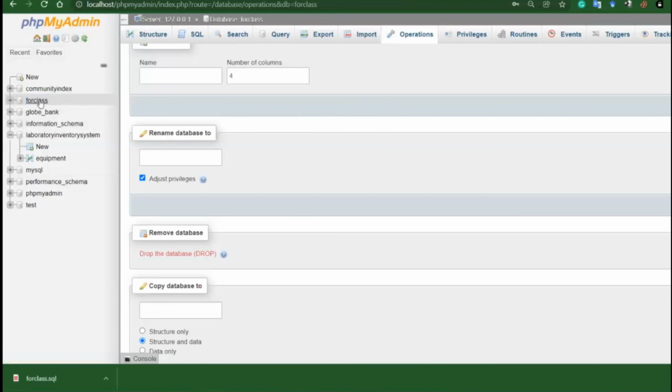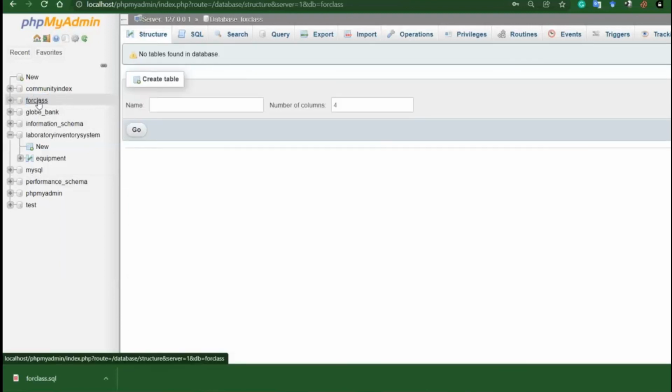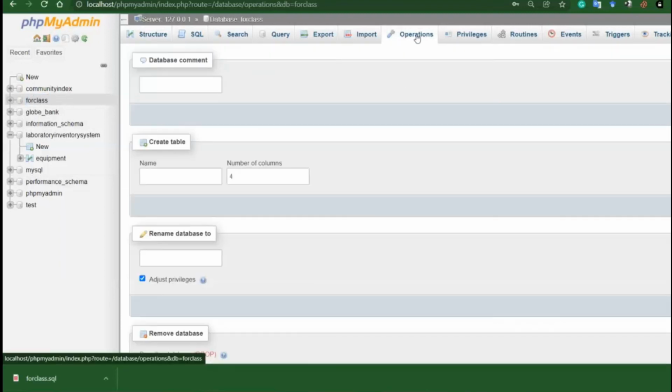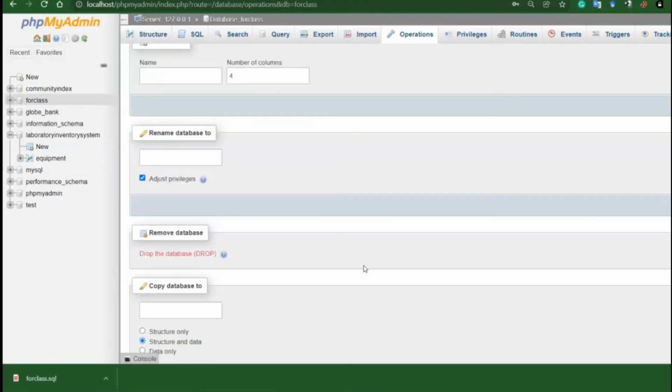To delete a complete database, select the database and then go to operations and then go down here. You see remove database. Then click drop the database. This will delete the database and all the tables inside it and all the data inside this database. Be careful when you are performing this operation.